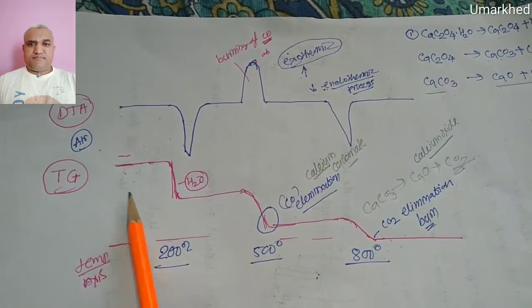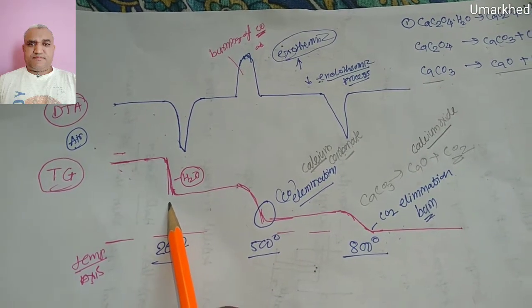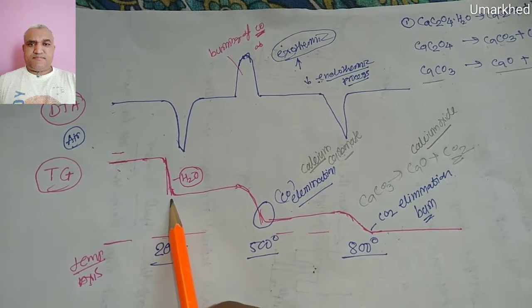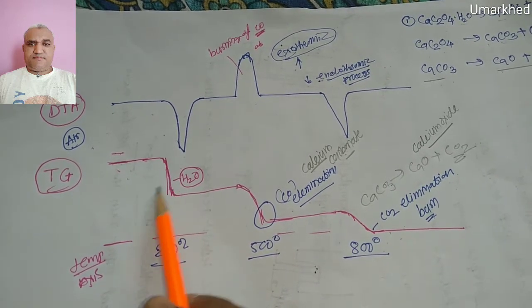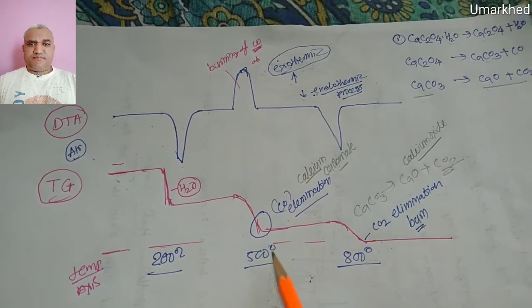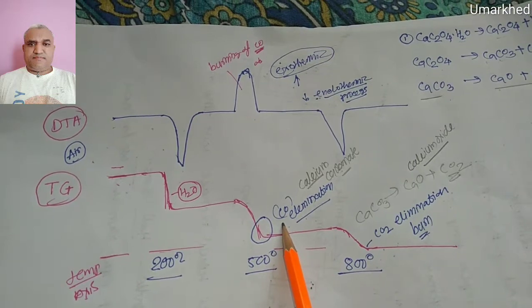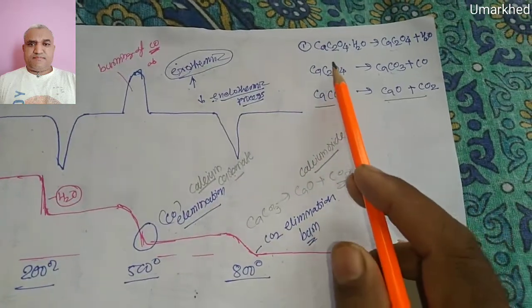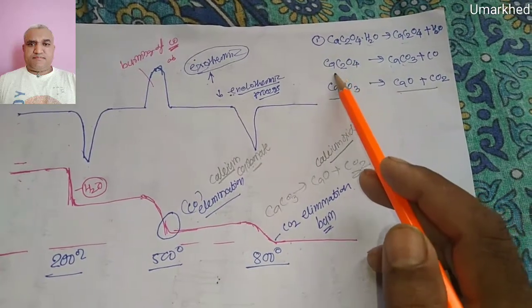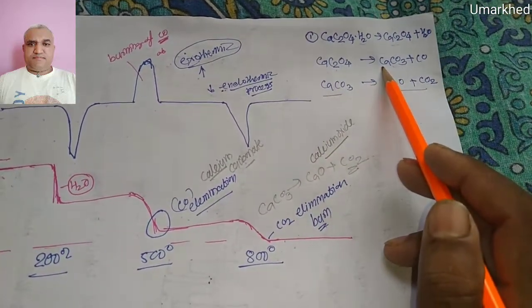In the TG curve, the first step at 200 degrees Celsius is dehydration, the removal of the H2O molecules, and at 500 degrees Celsius there is the elimination of the CO. So the calcium monoxalate loses the H2O, and at 500 degrees Celsius calcium monoxalate is converted into